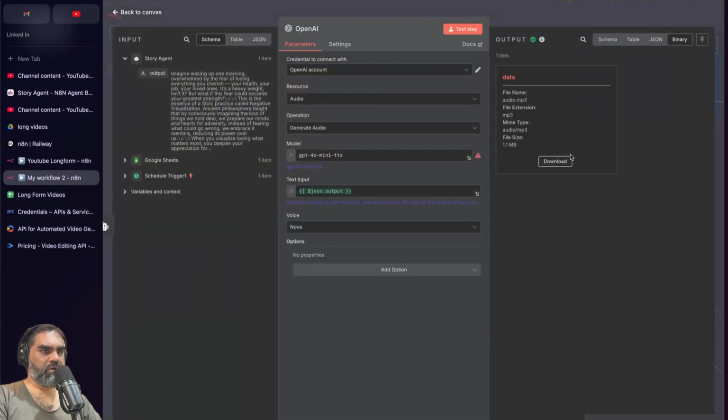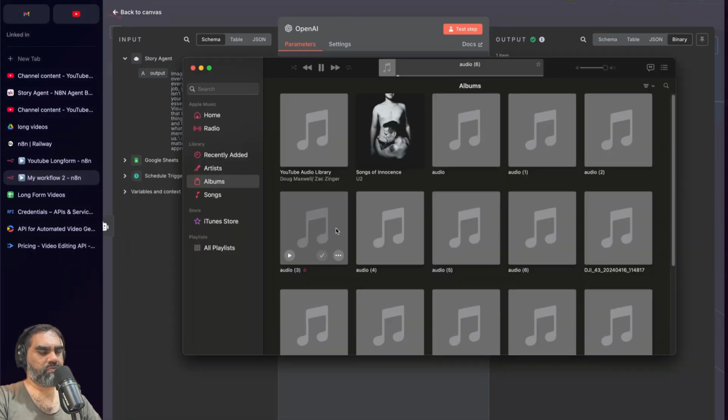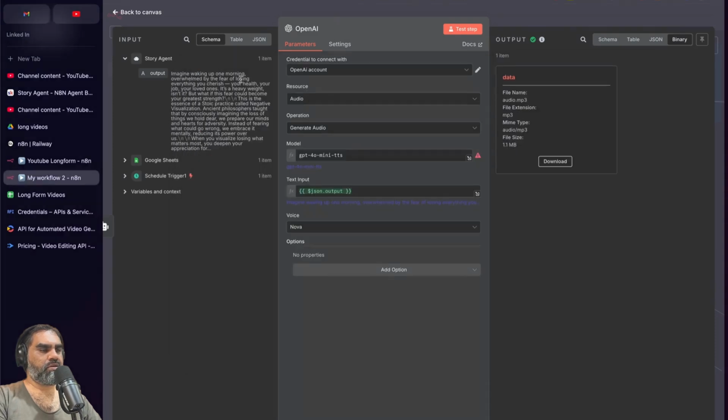So that's the audio that's been generated, and you can listen to it. Imagine waking up one morning, overwhelmed by the fear of losing everything you cherish, your health, your